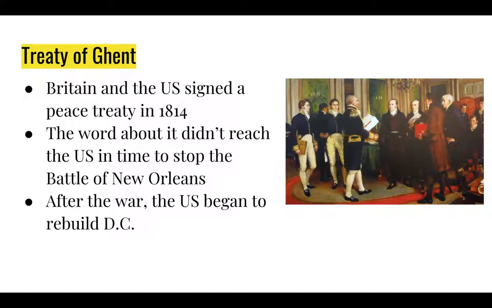So after the war, the United States began to rebuild Washington, D.C. It took some time. It took 3 years, actually, to rebuild the White House. And James Monroe would be the next president who would live in it. James Madison might have spent some time there, but no, actually, he didn't, because it was 1817. My mistake. Yes, James Madison would not live in the White House again. It would be James Monroe who would ultimately live in the White House, because it wasn't finished until 1817 when James Monroe would take the presidency.